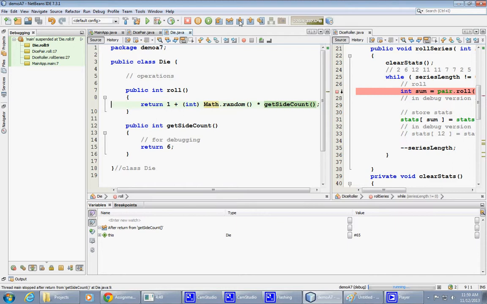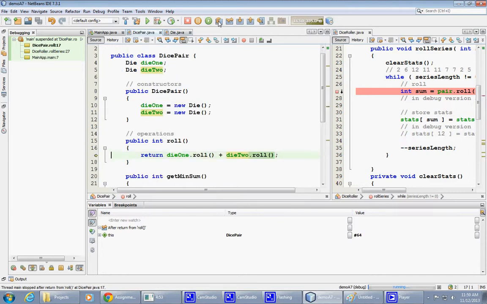Right. So the random executes. Series length is 19, and then I'm back here. One more time, step over, and the sum is 2. All right,